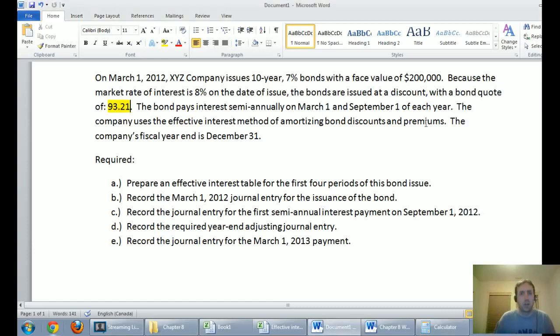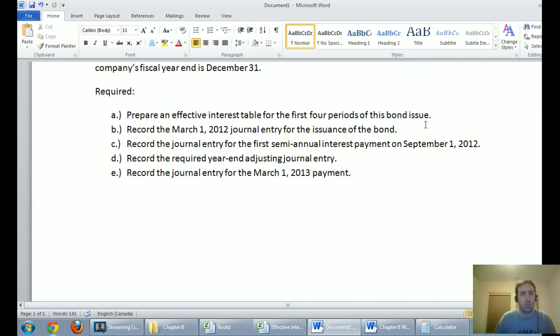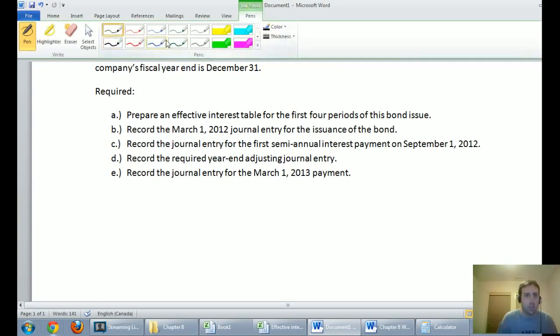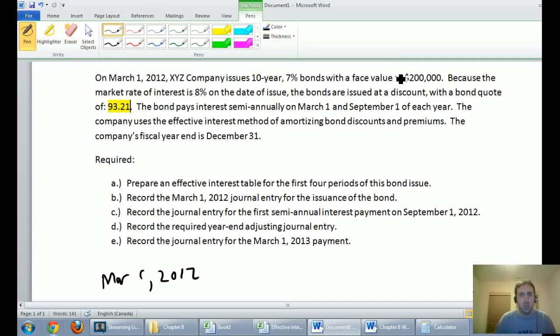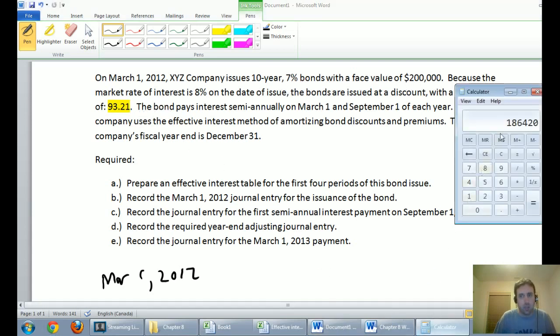So I'm actually answering part B before I even go into the question, but why not? So let's ink this, and it's March 1st, 2012. I issued $200,000 worth of bonds. I'm going to have to pay back $200,000, but I didn't get all the money because my interest rate is too low. I only got 93.21% of what I asked for, and we just calculated that as